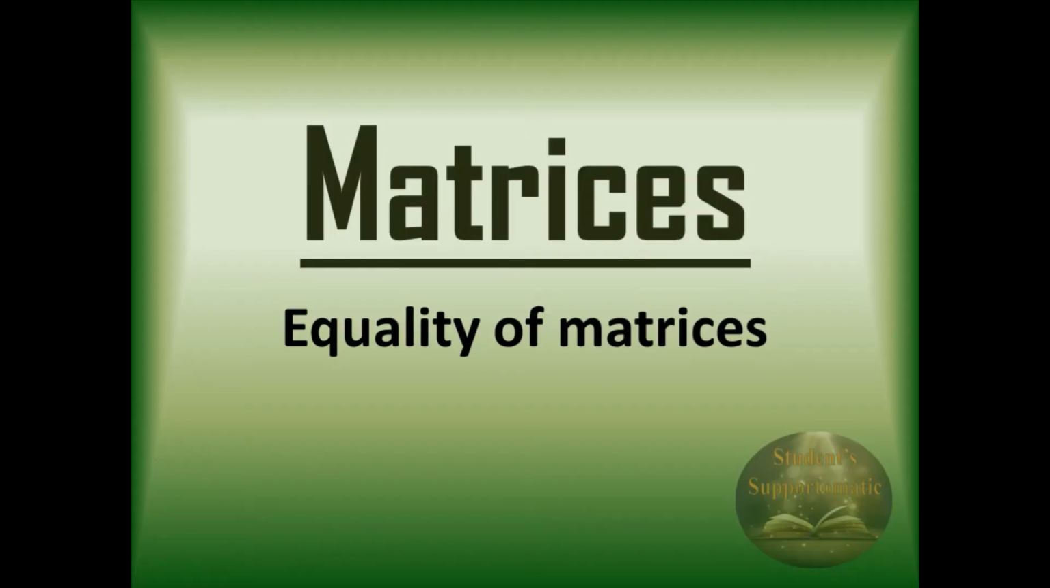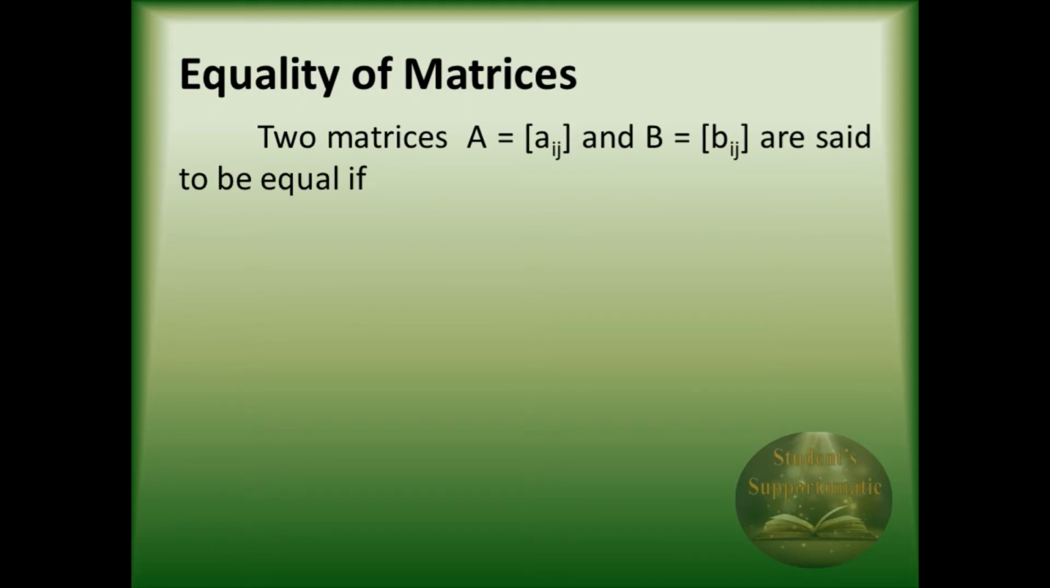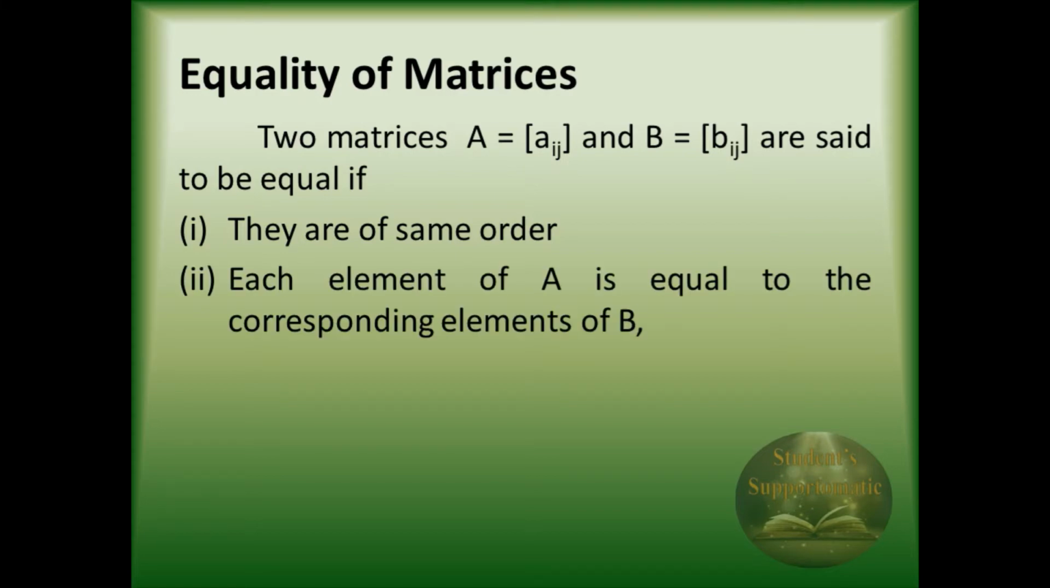Matrices. Equality of matrices. Today in this video we will study equality of matrices. Two matrices A equal to Aij and B equal to Bij, where Aij and Bij are the general forms of matrices, are said to be equal if they are of the same order. Matrix A and matrix B must be of the same order, and each element of A is equal to the corresponding